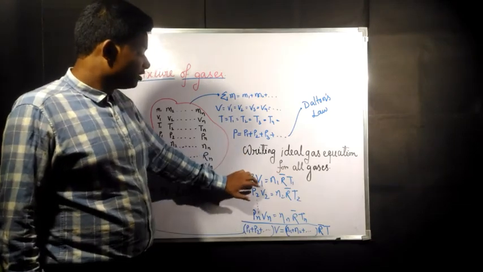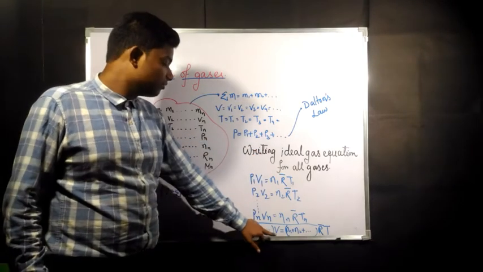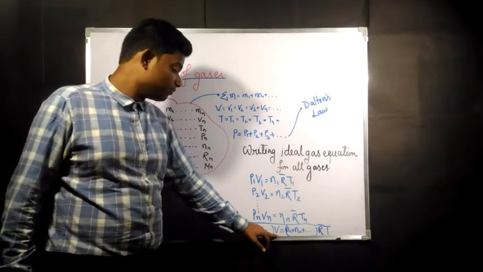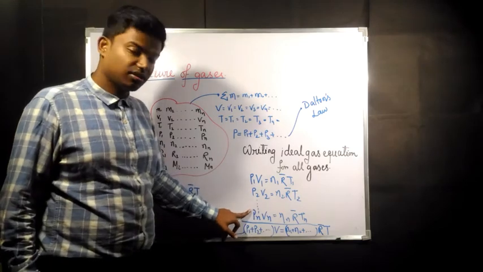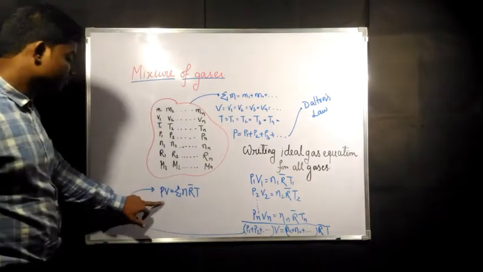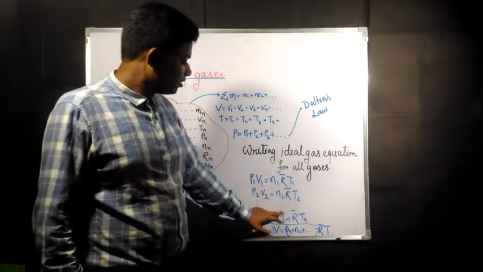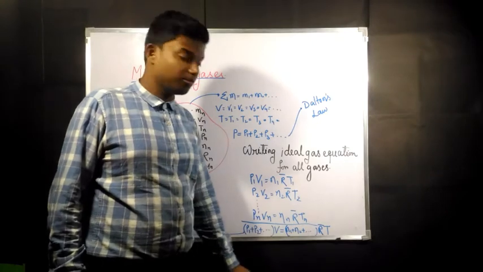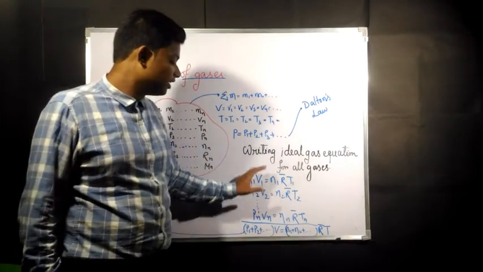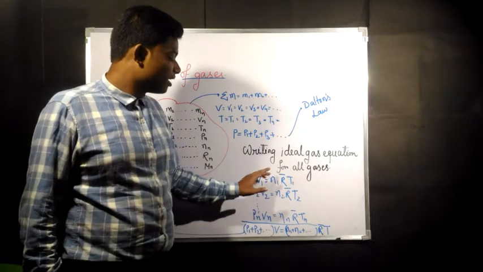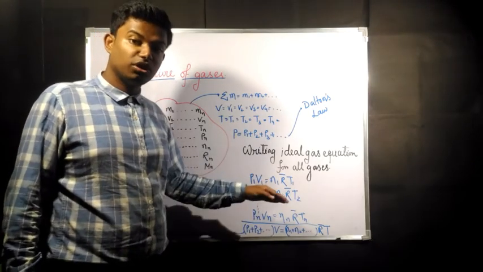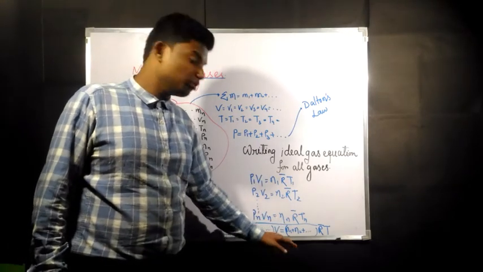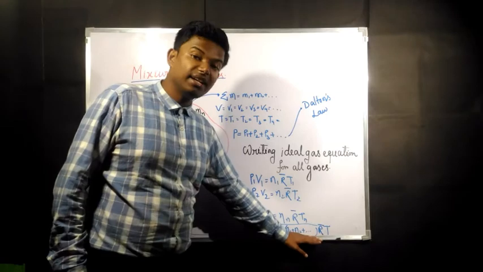Okay. Now as the volume is going to be the same, we can take the volume equal to V here, because the volume of all the gases is going to be the same, and the pressures we will add up, which will give us a final pressure of P. Now in this column again the temperature is the same and the universal gas constant is also the same. So if we take R' and T common, we will get the addition of N1, N2. This is the number of molecules of gas 1, gas 2, gas 3. In this way we will get N number of molecules, and we will add it up here taking R'